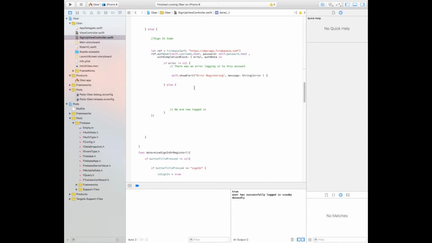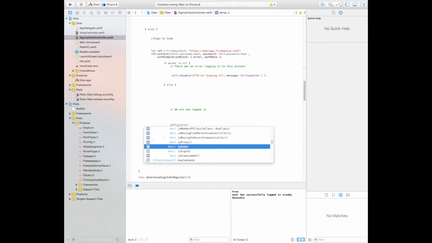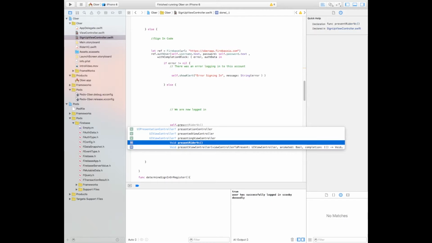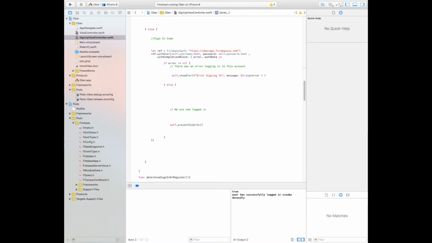Alright, so let's show the alert there. And then we're just going to change this to "error signing in." Alright, so we're good there. And then let's jump back right under here where it says we are logged in, and this is where we're going to run our function that we created, self.presentRiderVC. So once we log into the app, we're going to present the rider VC there,